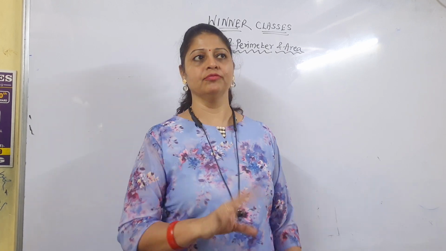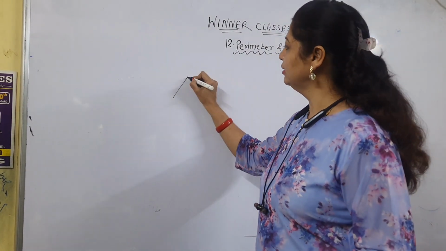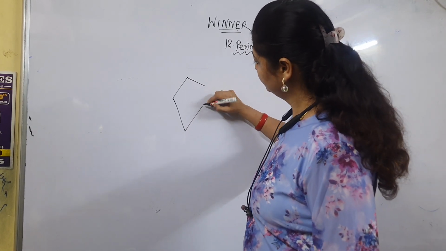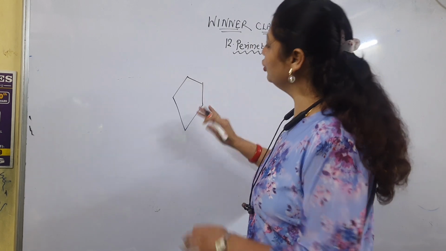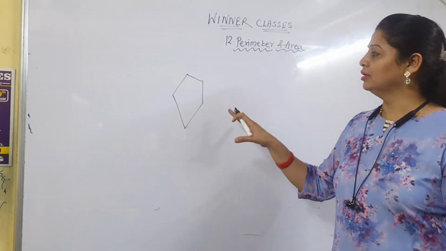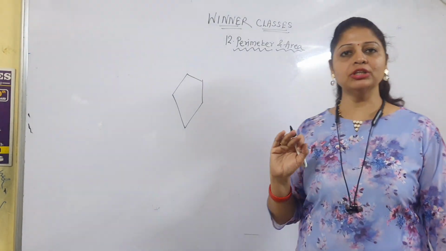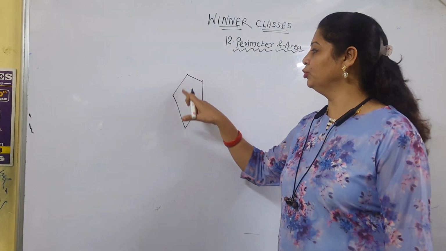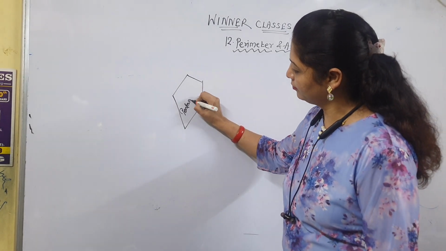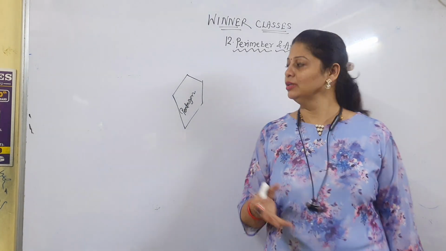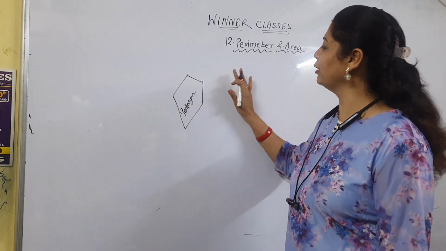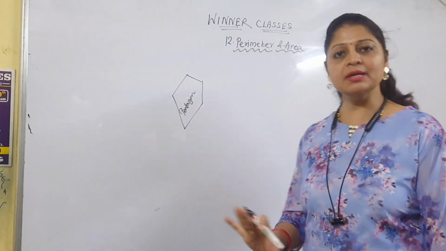Side of the diagram. For example, see, this is one different type of diagram. We don't know what is exactly the name of that diagram. Okay, so actually this is a polygon. So first of all, when we have to find out the perimeter of this polygon, 1 2 3 4 5 sides are there, so we call that a pentagon. Okay, you people don't know? No, maybe last year you people know that 6 standard pentagon is there. So see children, suppose we have to find out the perimeter of this pentagon. So what is the perimeter of that?